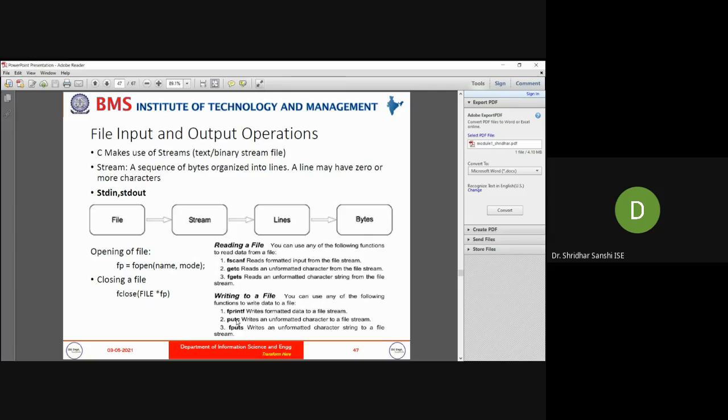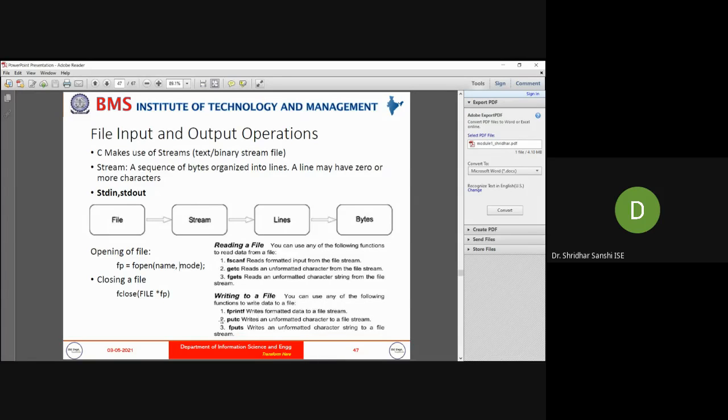Another one is write mode, where we can update the value in the file. We can rewrite the content in the file. That's what we call a write mode. And append means we can add some data at the end of the file. These are the different modes supported in the file. So the syntax is fopen followed by the name of the file, comma, and the type of mode, whether it is read mode, write mode, or append mode.